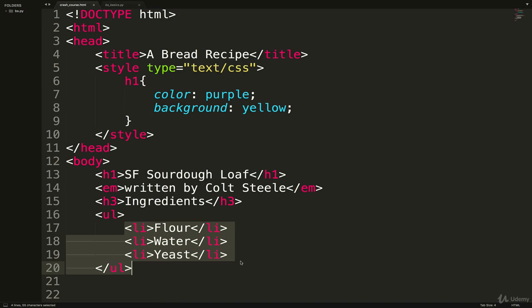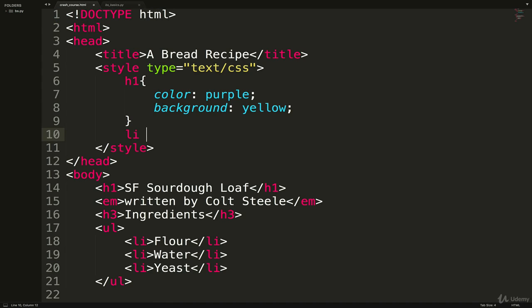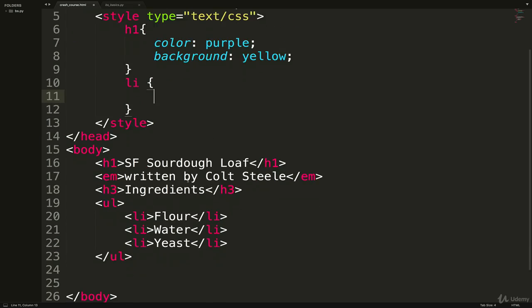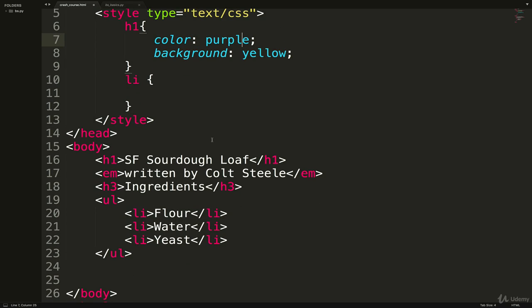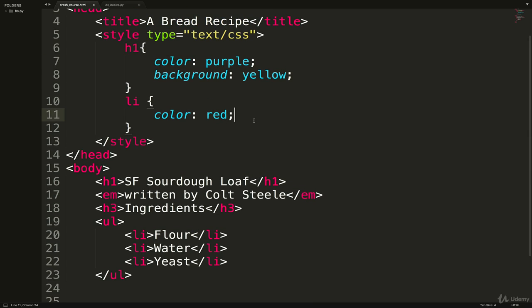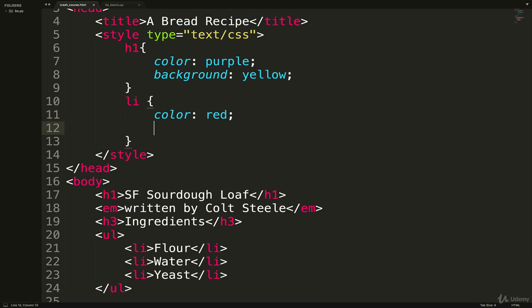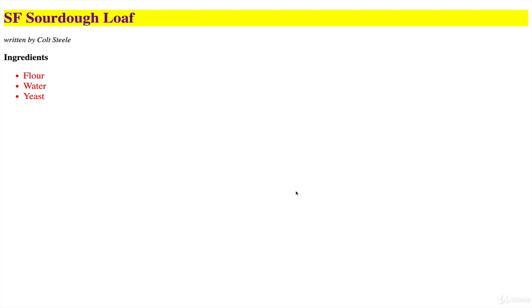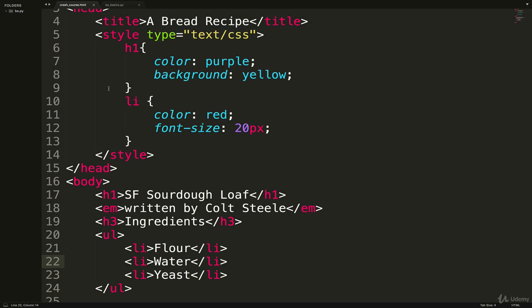Next, let's say I want to alter the style of all LIs. So we just select LI and then our brackets. And inside, I'm not showing you, there's so many properties. Just like HTML tags, there's at least 100, if not 200 properties we can change besides color and background. Let's say I want all LIs to be red. And the colors I'm using are just built-in ugly colors. You can make your own custom colors, but I'm not going to get into that here. So color is red and font size is going to be 20 pixels. So we're making it larger. So this applies to all LIs. I refresh my page. I'm using Command R. Hopefully you can see they grew a little bit and they're all red now. That's the very basics of CSS.